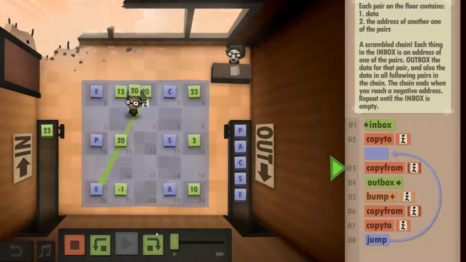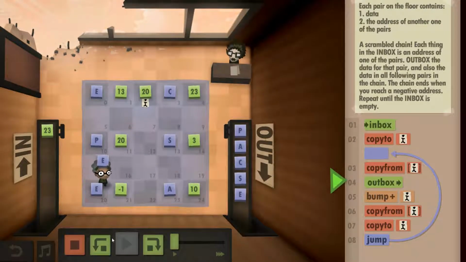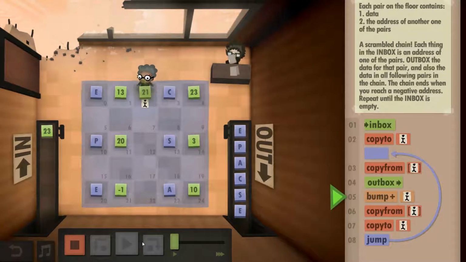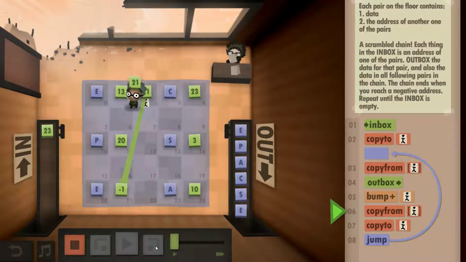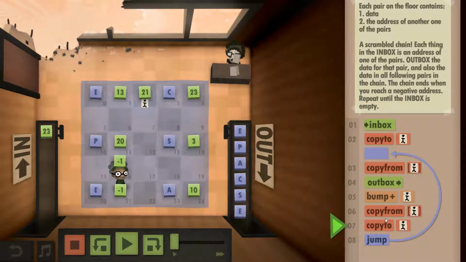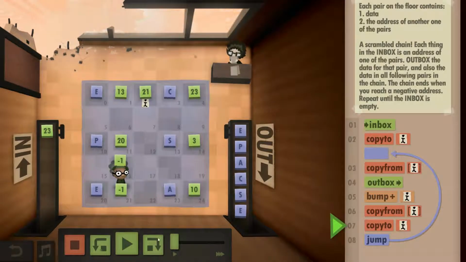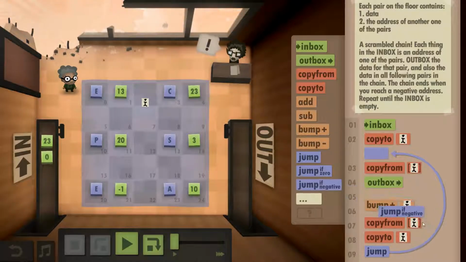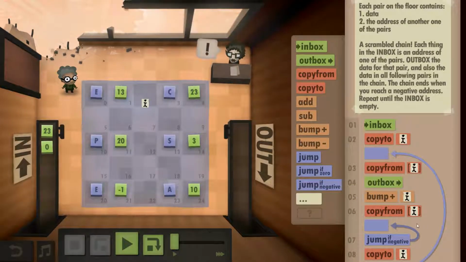See, we have to decide whether it's negative or not. If we copy it here, that's where we know it, right? Yes, it's where we have now to compare. So if it's negative,